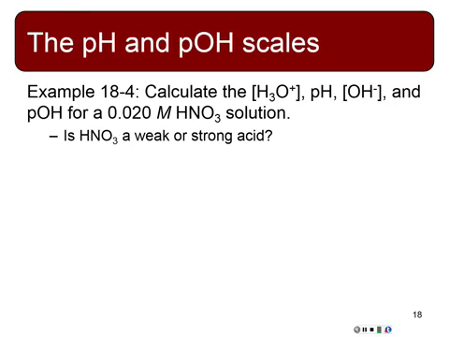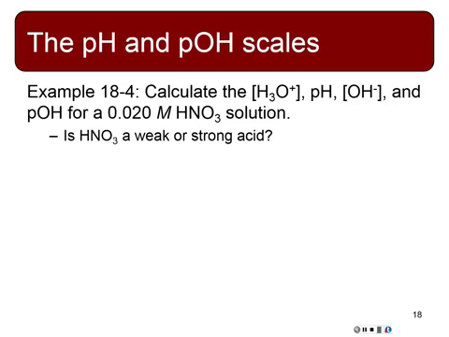You've got a 0.020 molarity nitric acid solution. Remember, these equations only work for strong acids and bases. You've got to remember that, because we're about to look at weak ones. If you look at nitric acid and you're not sure if that's strong or weak, what are you going to go look at? The table that you're given, right? You're going to see it on there, so then you know it's strong. If you know it's strong, then the concentration you're given for that acid has to be 0.020